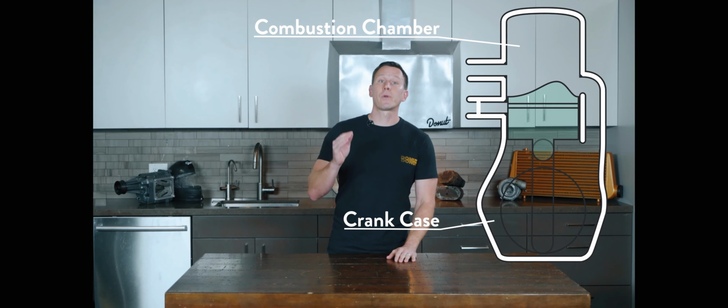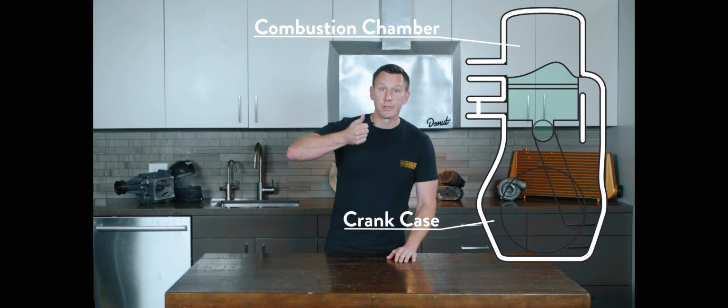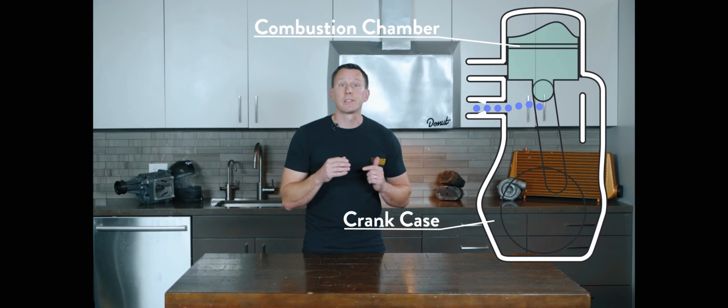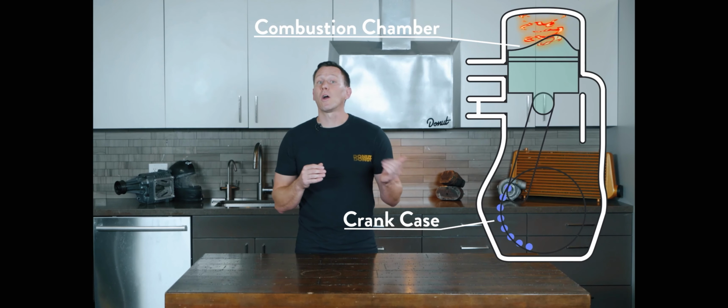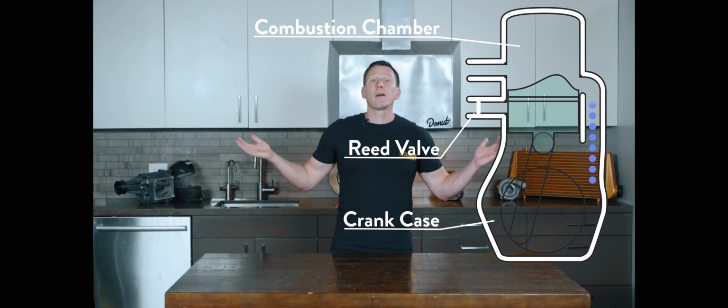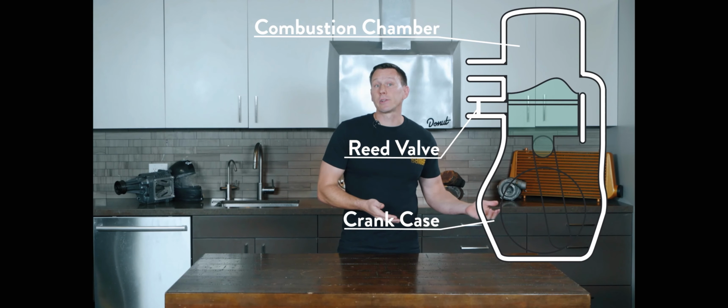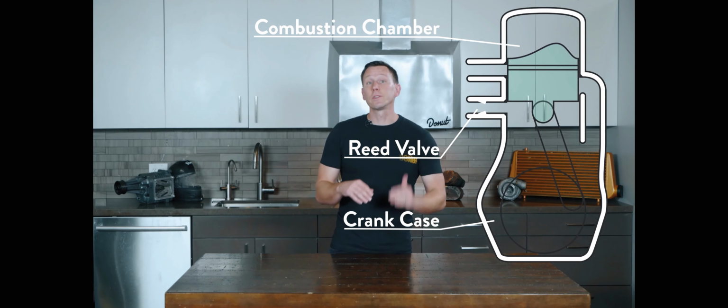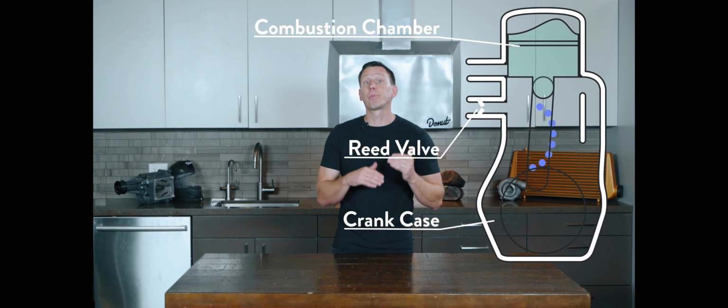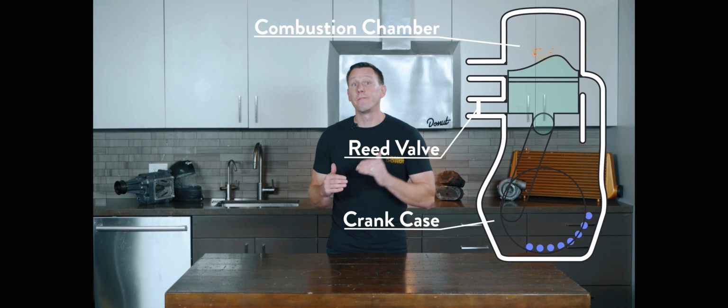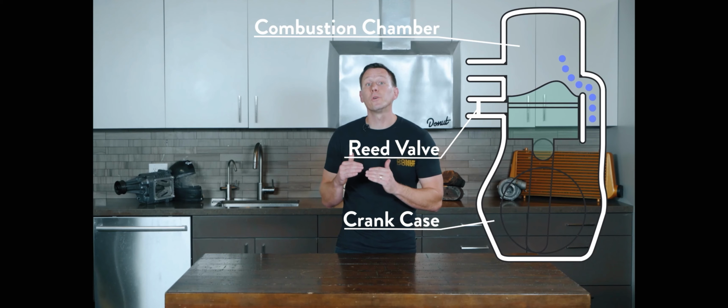As the piston drives up on its combustion stroke, it's creating a vacuum to suck in air and fuel from the carburetor through the reed valve. The valve doesn't need to be mechanically actuated because of the airflow. Once the combustion stroke starts, that pressurizes the crankcase, the valve closes, and the air and fuel is forced into